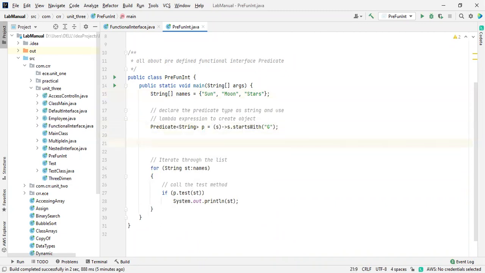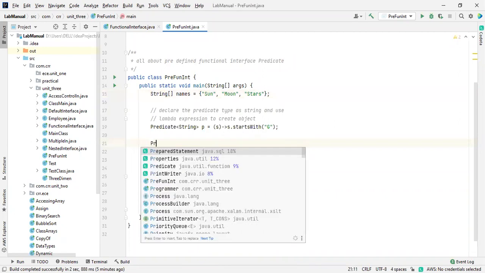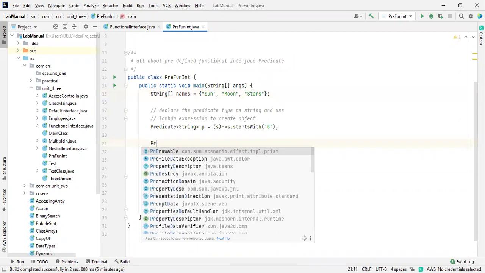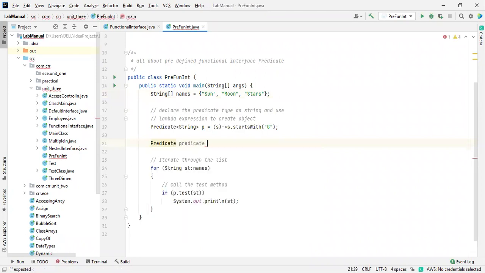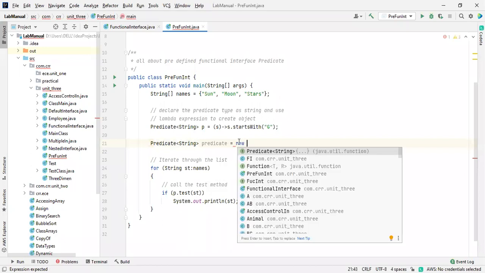Initially, how does it look while you are developing a predicate? Predicate is equal to, let me declare a string over here. new. What is the use of new?